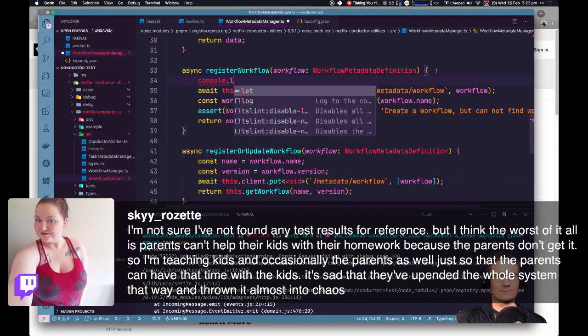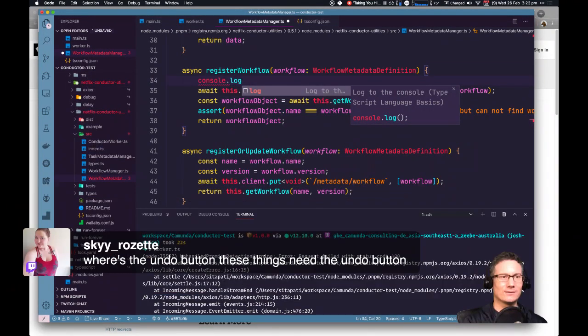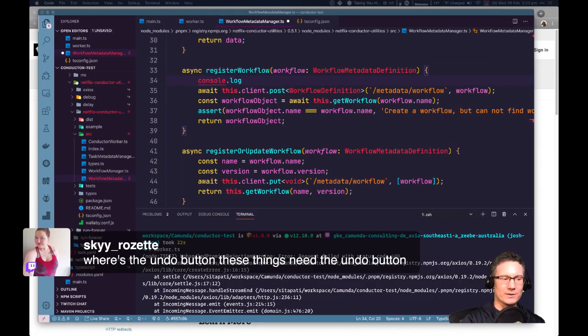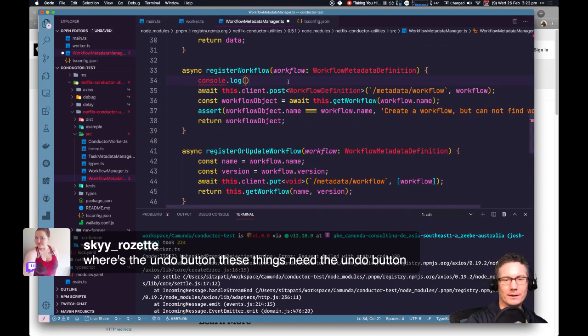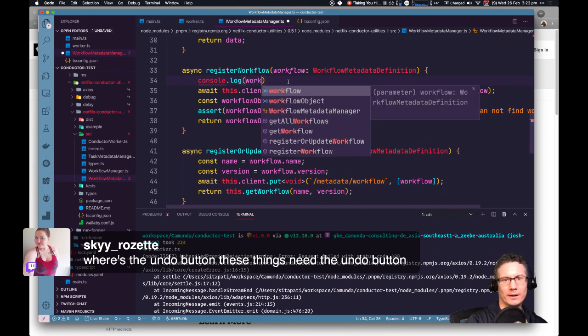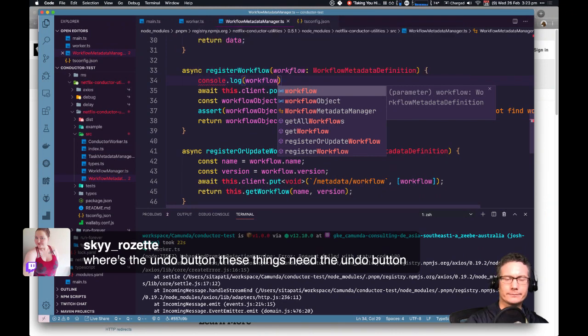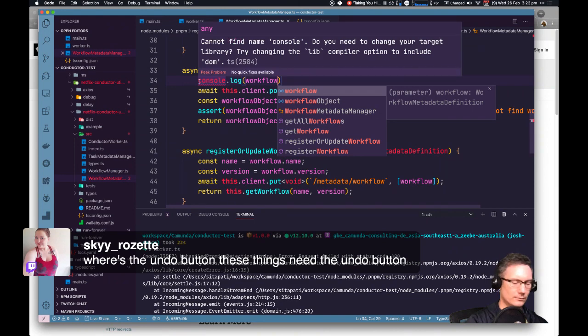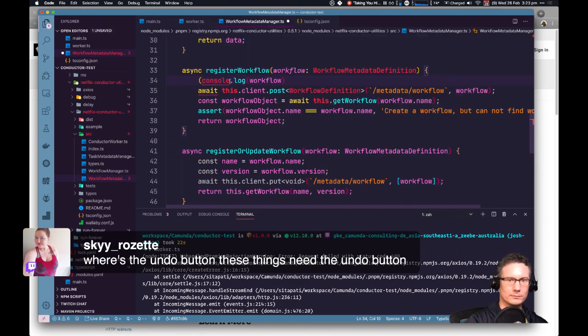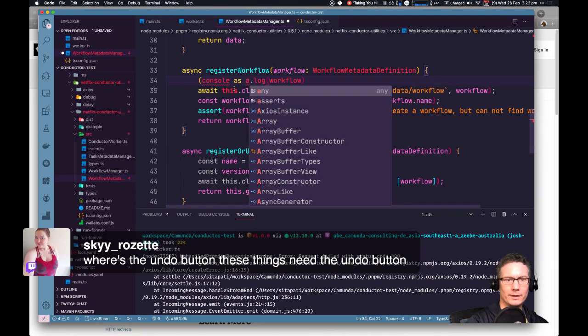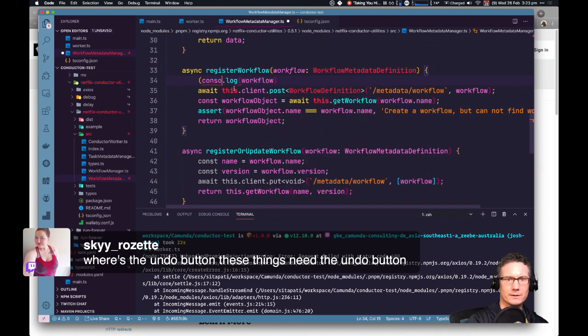Undo button, yeah. It's more like a browser back button that I needed there. I'm going to log out the workflow. I'm all up inside this other guy's code at the moment. Oh no, his code is compiled into the dist directory.